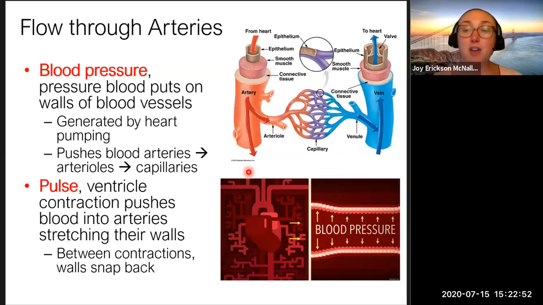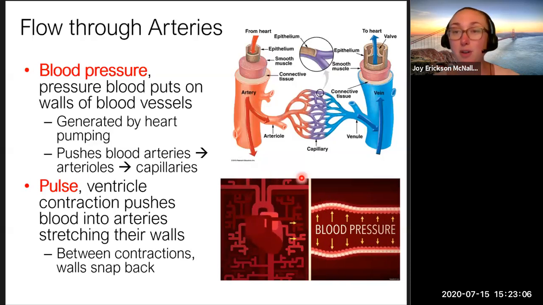When the ventricles of the heart relax, like I said, the walls of the arteries snap back, and that's your pulse. So your pulse maintains sufficient pressure for constant flow to capillaries and beyond. You don't want the lack of pressure to mean there's no blood flow at all, right? However, as you might expect, the further you get from the heart, for example, the capillaries near your toes versus the ones up towards your stomach, the lower your blood pressure is. And of course, it's going to be lower in capillaries than in veins or venules, etc.